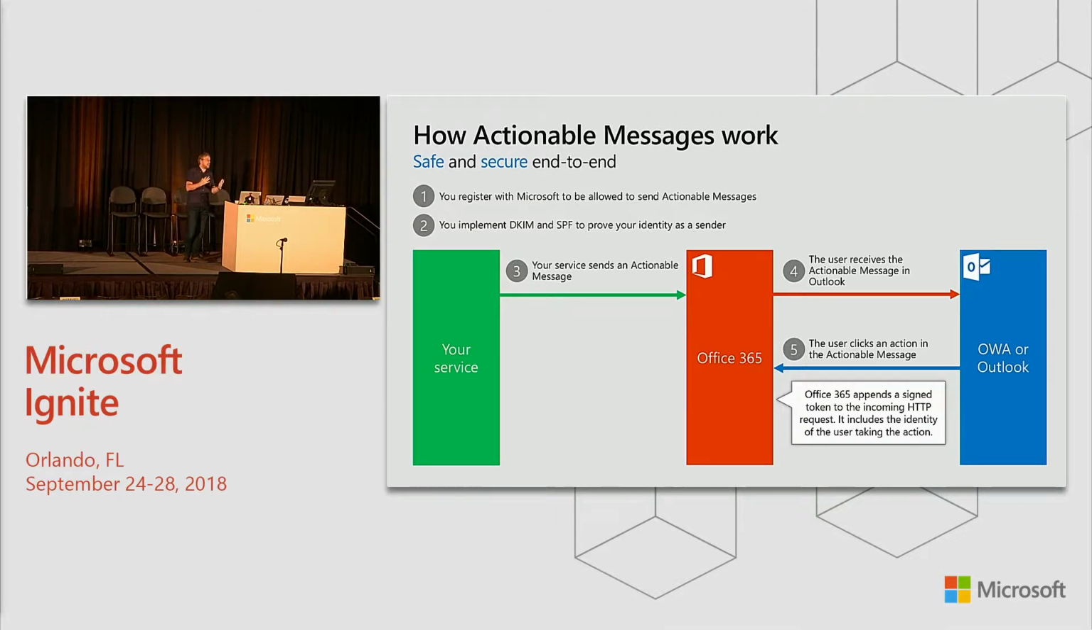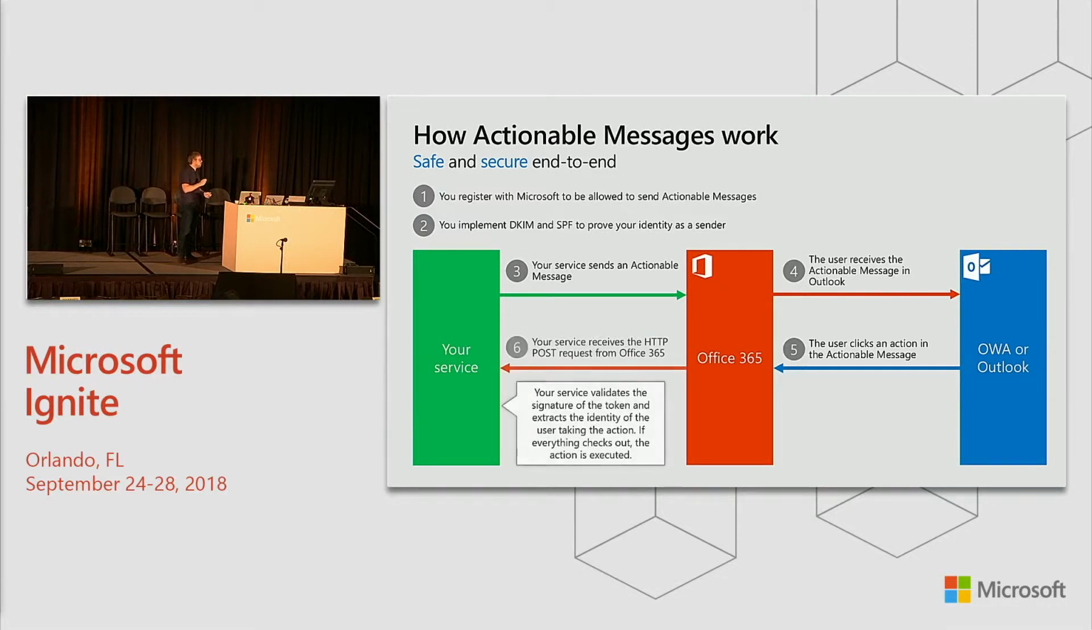In addition to that signature, we're going to encode the identity of the Office 365 user that is taking the action so that you know who is doing what. Then we're going to forward that to your service. You're going to validate the signature. You're going to do all the checks that you need to do. And if you conclude that, yes, this is a legitimate request,